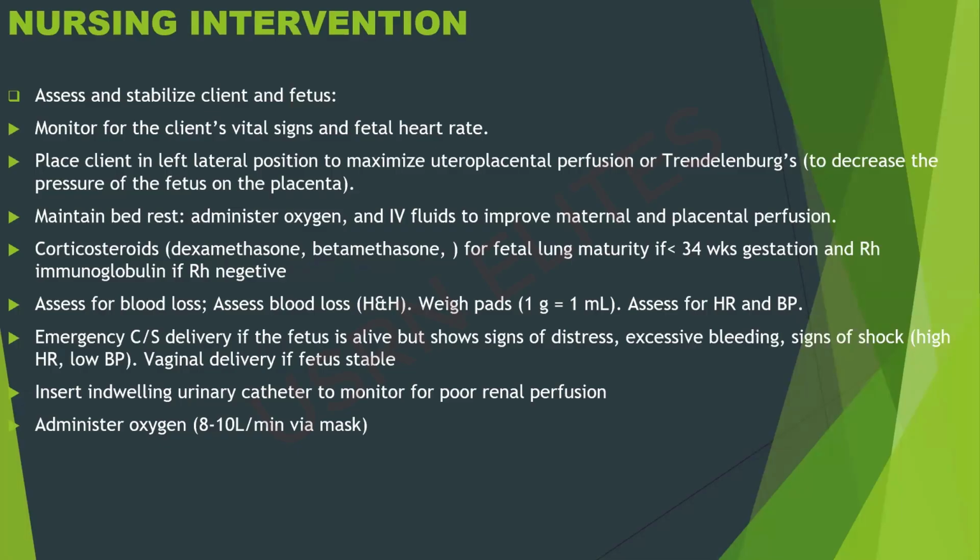That's why I said emergency delivery. If the fetus is showing signs of distress and the mother is showing signs of shock, this is an emergency CS. So once there's complete separation and the fetus is showing signs of distress,